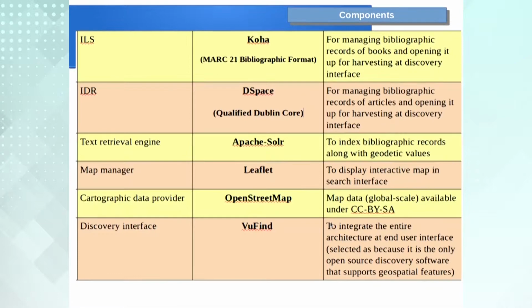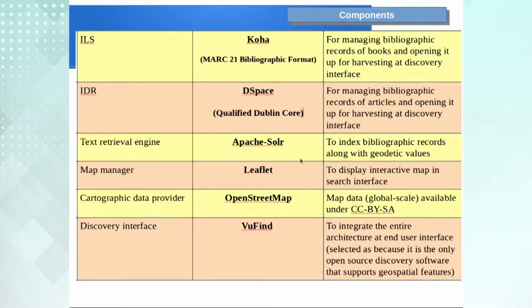So, what components are we using to develop this particular prototype as a proof of concept of geodetic search enhancement in a library OPAC? For the ILS, we are using Koha, an open source software which supports the MARC 21 bibliographic format. For the digital library system, we are using DSpace, another big open source project from MIT. Here we are utilizing qualified Dublin Core with DC coverage. In the case of MARC 21, as I said, we are using the 034 tag.